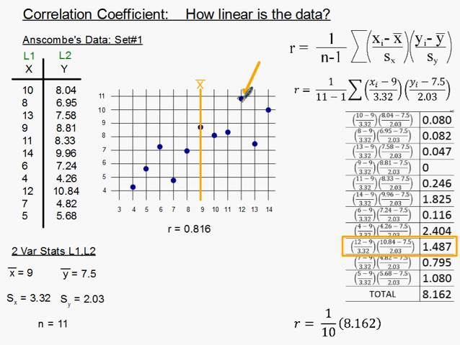That's the distance between the point and x bar, and we're going to do that for every single point. Now, we do divide by the sample standard deviation, so that distance is really not the absolute distance, but